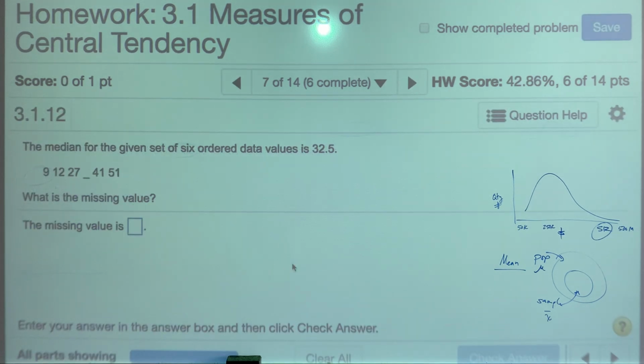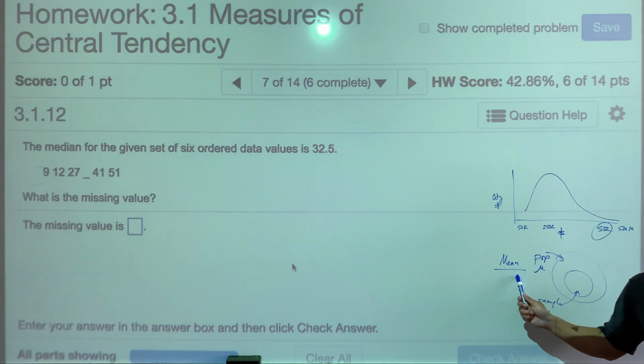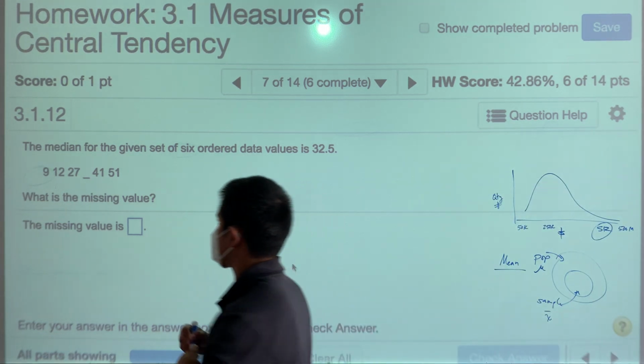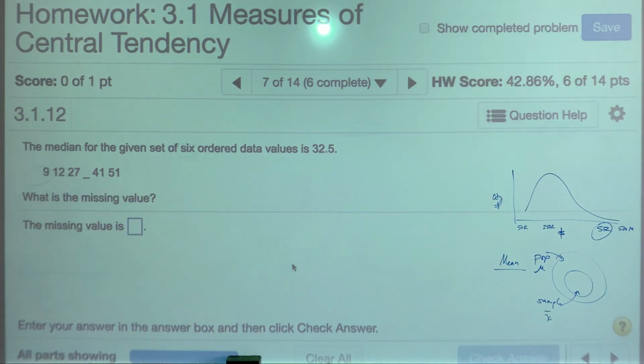All right, now median. So we learned how to do mean. Now we're going to do median. We know that median represents middle, right? Now, whenever you do median, there's one thing that always is important. You must order the values smallest to largest. It's the one calculation that requires you to sort your values smallest to largest.